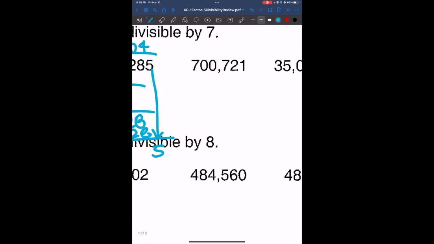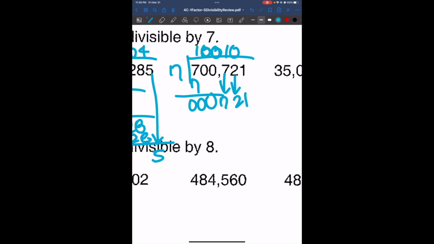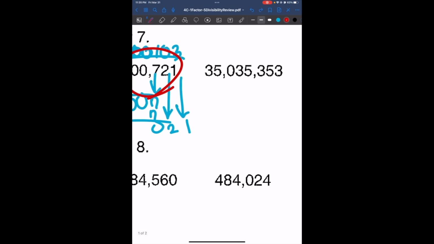For 700,721, if we divide it by 7, that's going to give us 100,103. And so it is divisible by 7 because we do not have a remainder. Now we're going to try this number. If we try to divide it by 7, we get